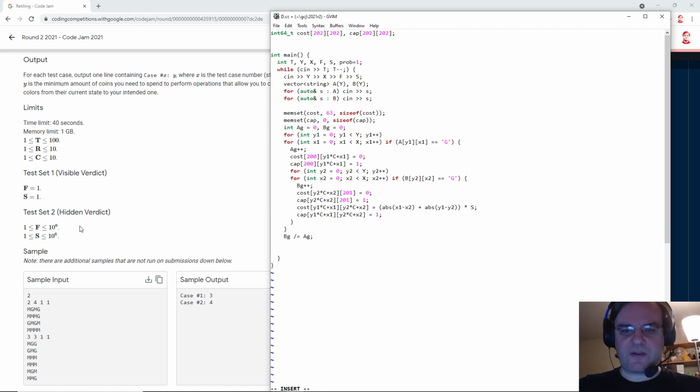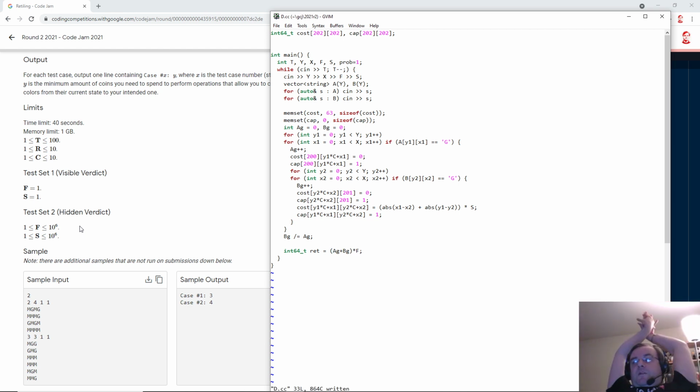So that's setting up my graph. Now, let's see. That's flipping all of the g's one way and then flipping all the other g's back. Okay.